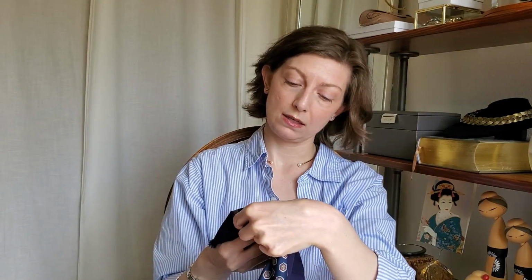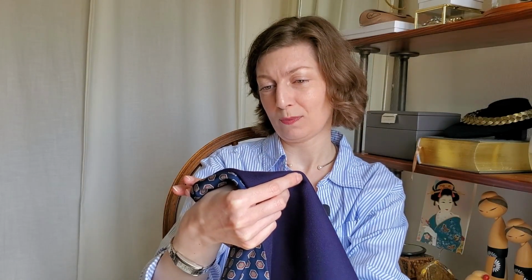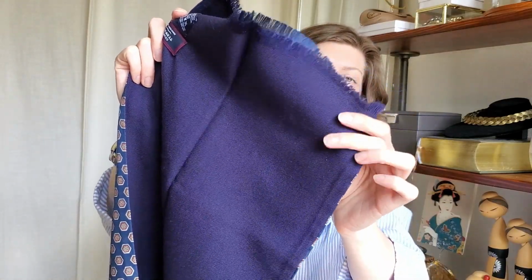you know, rectangular scarf, but it is made by Charles Tyrwhitt, Jermyn Street, London. I'm gonna see if I can show you that tag right there. And it is 50% silk and 50% wool. Obviously, the material here is the wool, and this is the silk. And as I said, there were 3 of these, and I think